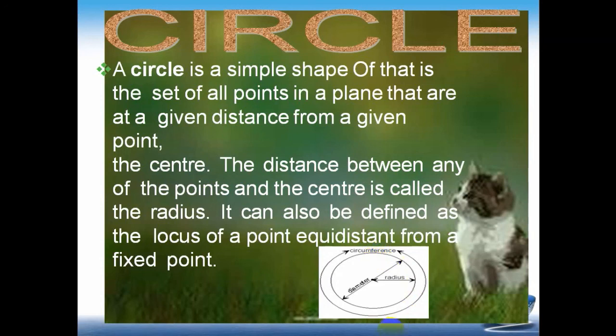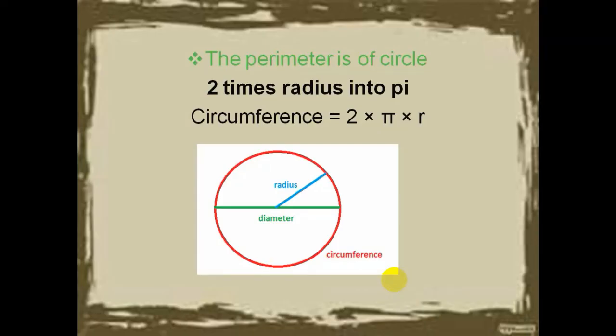So this is actually a chord. This line is a chord as well as a diameter, because for the diameter it is a must that the line passes through the center. So this is the diameter. Now this is the circumference. Circumference means perimeter of the circle, which is equal to 2 pi r. Now you see over here, this is the radius. Suppose the radius is r. Now the next question is how to find the perimeter and how to find the area of the circle.